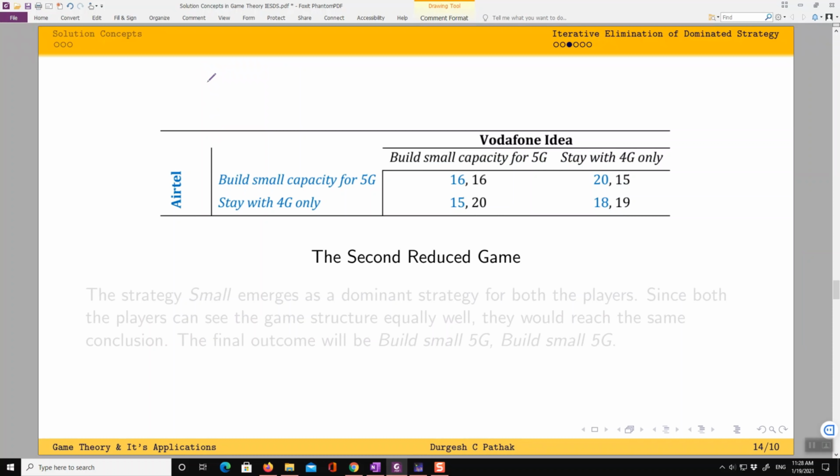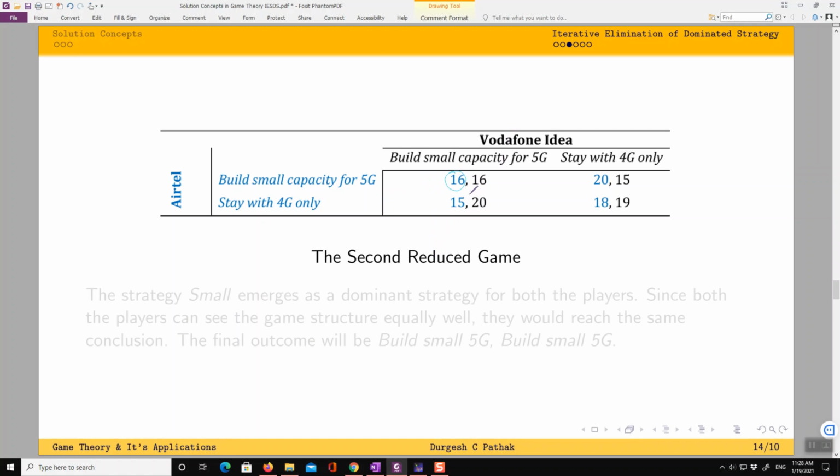So now what happens? Now we realize that the game has become a 2 by 2 matrix, and now players have a dominant strategy. How? If Vodafone Idea builds small, then Airtel is best playing build small, this one.